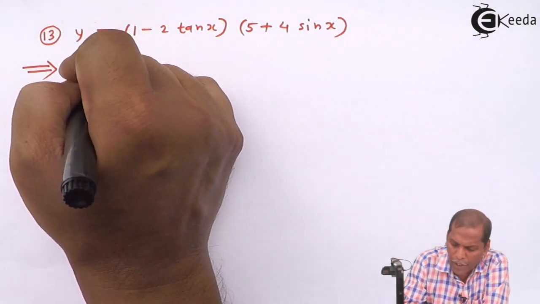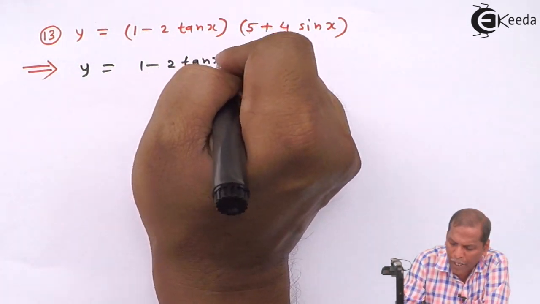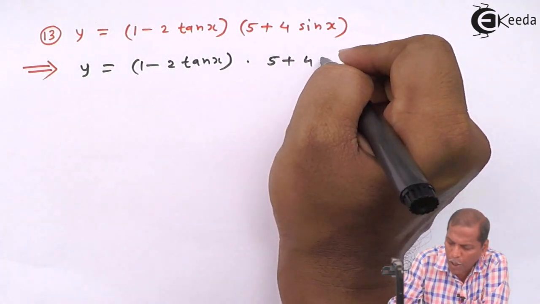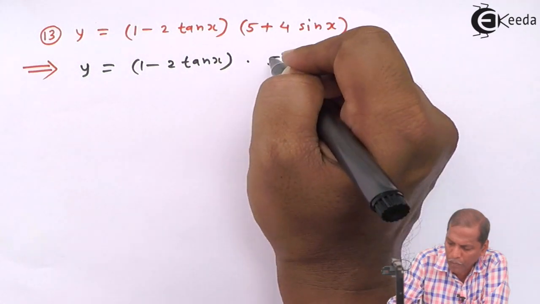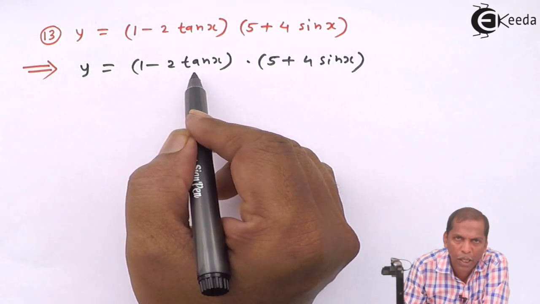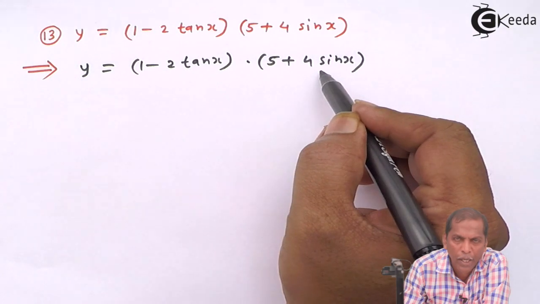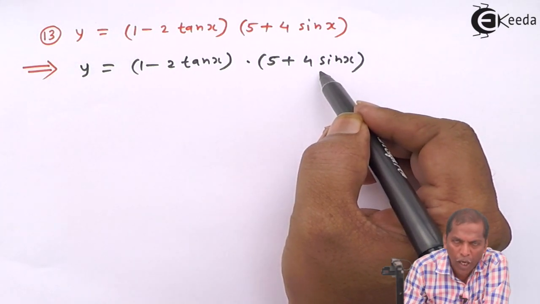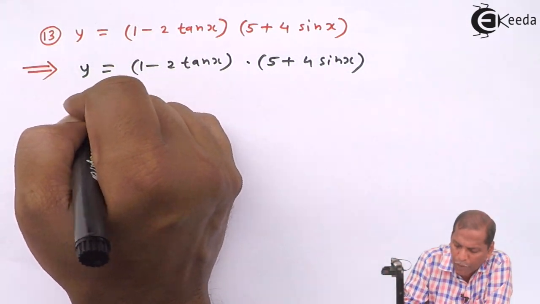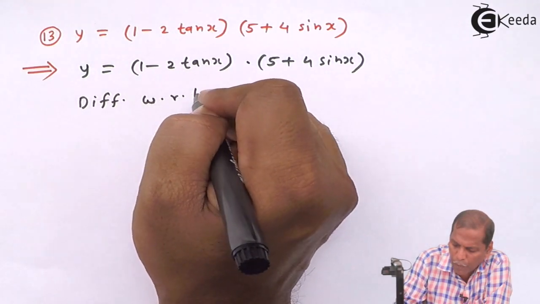First of all, we write y is equal to (1 minus 2 tan x) into (5 plus 4 sin x). Now here the first bracket, 1 minus 2 tan x, we consider as u, and the second bracket, 5 plus 4 sin x, we consider as v, and we apply the product rule of derivative. So the next step will be, differentiate with respect to x. We get